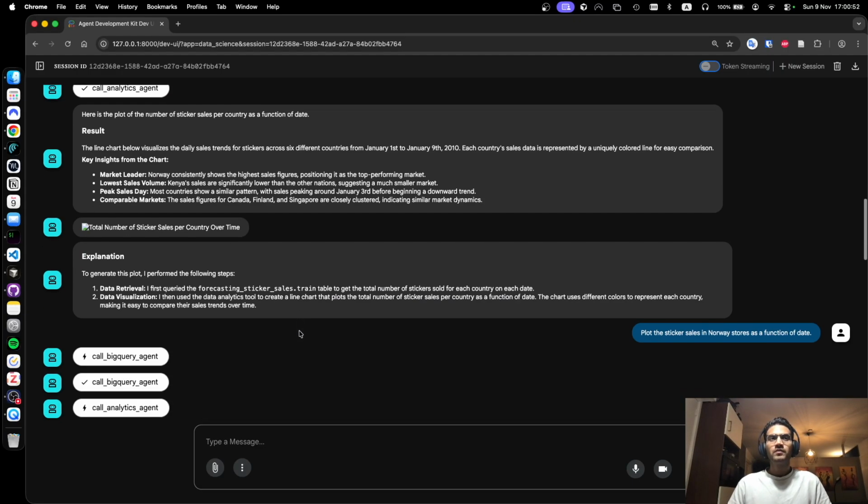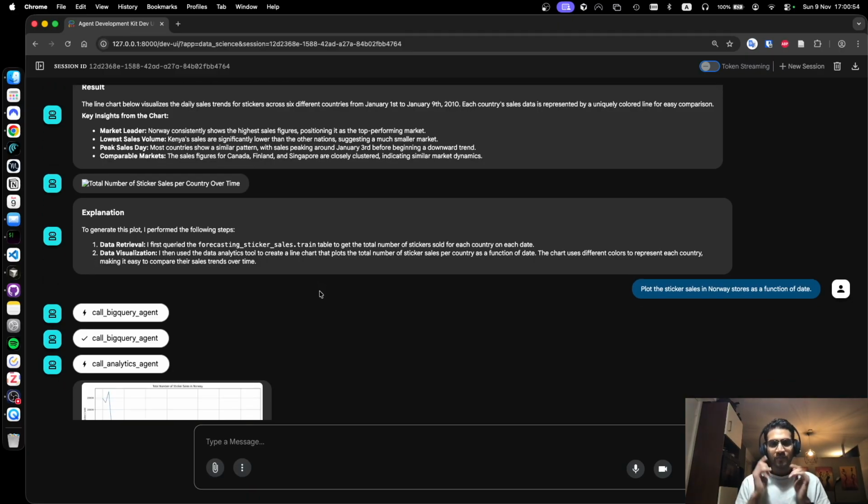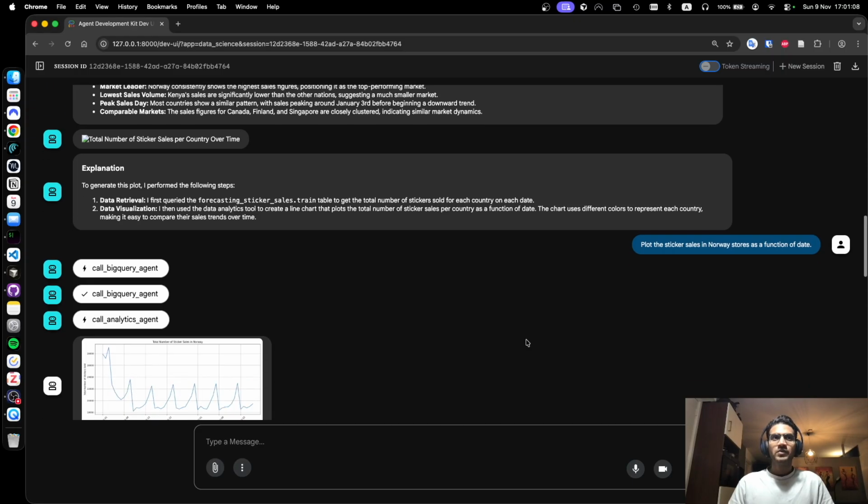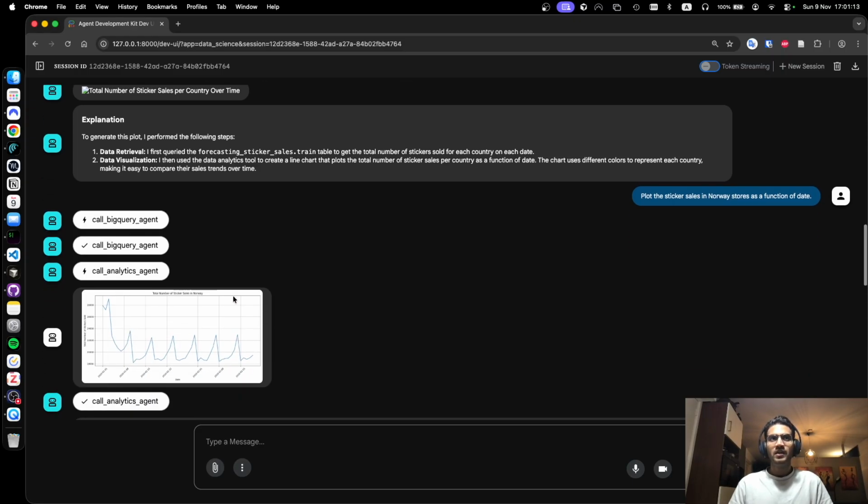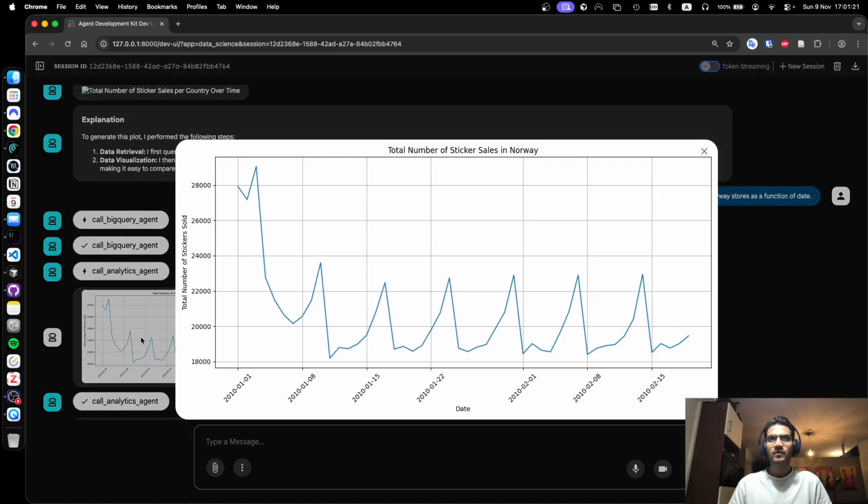So now, once we know this, what I wanted to know was which stores in Norway are selling the most amount of stickers, and I asked the agent, plot the sticker sales in Norway stores as a function of date. So then it went to the BigQuery agent, which sent the data to the analytics agent, and we got this plot,